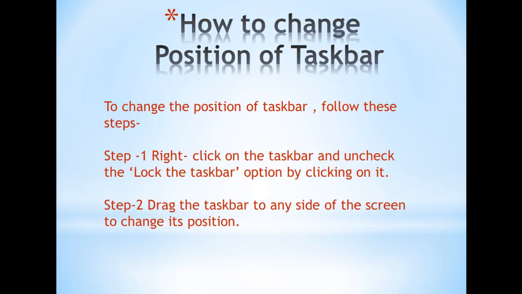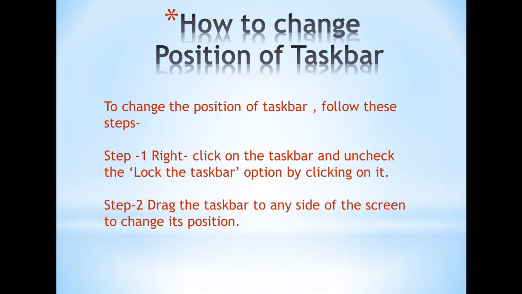Students, we can change the position of the taskbar also. If we want to change the position of the taskbar and place it on any one of the 4 sides of the screen, then what are the steps? Step number 1, right click on the taskbar and uncheck the Lock the taskbar option by clicking on it.